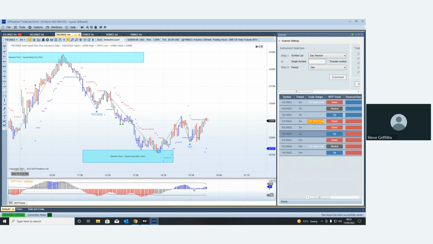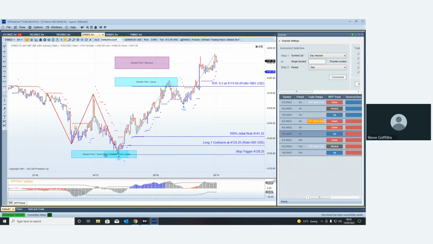This is confirmed by our MTP trend color. Therefore, you're looking to take trades in this up direction. So can you see how now this TS1 trade setup is now a good one to consider because it's in the new trend direction. In other words, as we had on the ES here, the setup came in at the